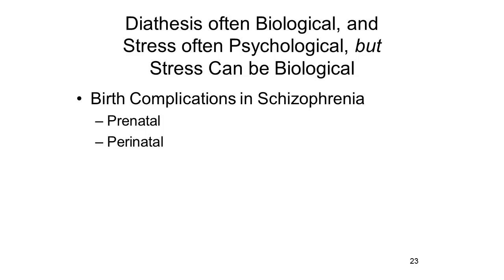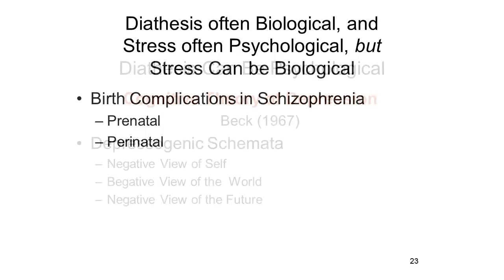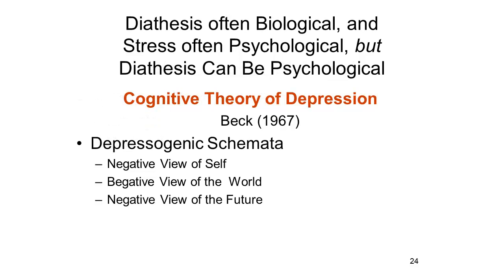There are plenty of people walking this earth who are the products of difficult pregnancies and difficult births. But these kinds of biological factors can interact with a genetic diathesis to lead an individual to develop schizophrenia as an adult. So the stress factors implicated in the diathesis-stress model can be biological in nature. And it turns out that the diathesis factors, for their part, can be psychological in nature. A good example of this can be found in the cognitive theory of depression proposed by Aaron Beck, Tim Beck,